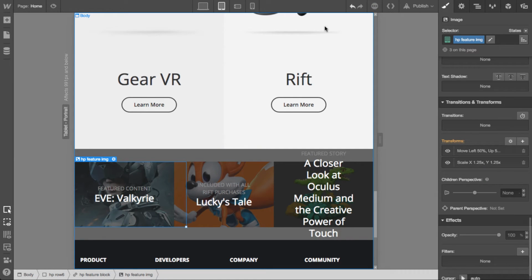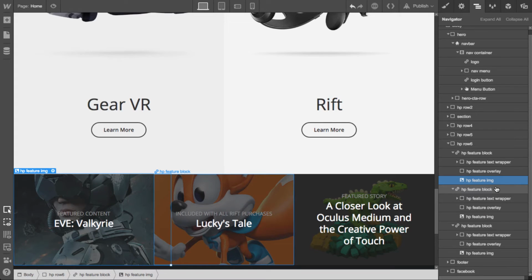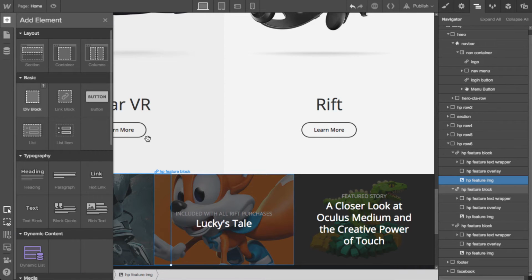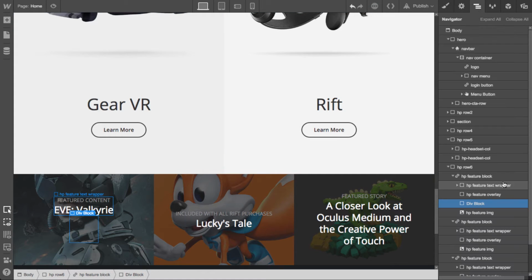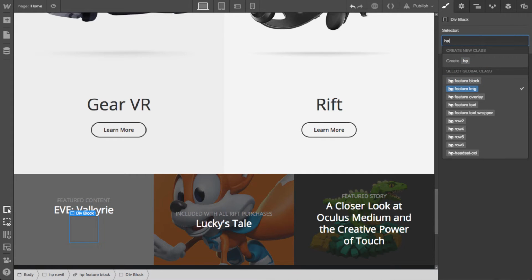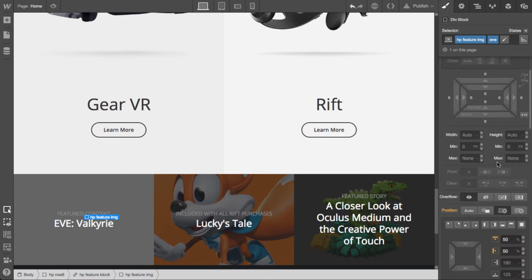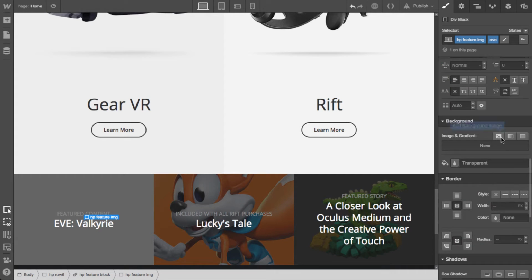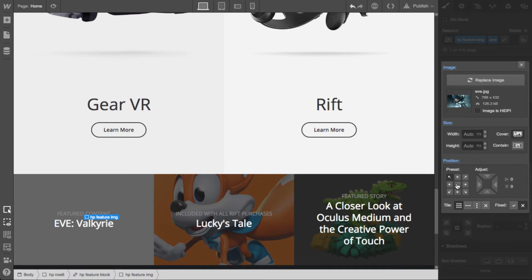So I'm going to remove my fix there, and let's just change this from an inline image to an actual div. So I'm going to bring a div block here, and I'm going to delete this and do HP image, and I'm going to name this Eve, give it a combo class of Eve, and put the background of Eve there, give it a cover,